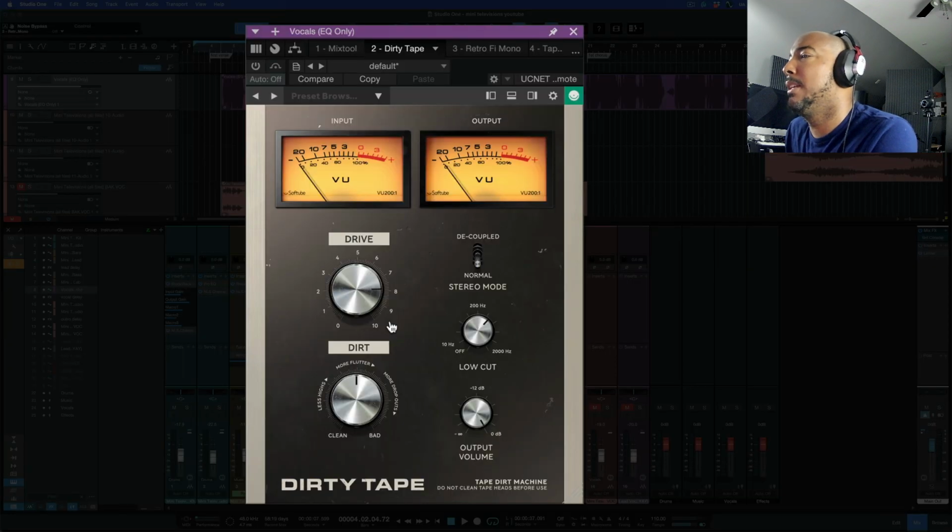The first one we're going to look at is Dirty Tape from Softube. A really easy to use plugin, especially for lo-fi effects. It's emulating a tape machine, and the name Dirty Tape comes from being able to really drive this and get dirty sounds with it. So for the controls, we have this drive, which is going to obviously drive the tape